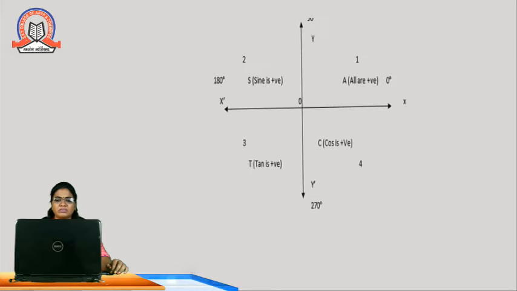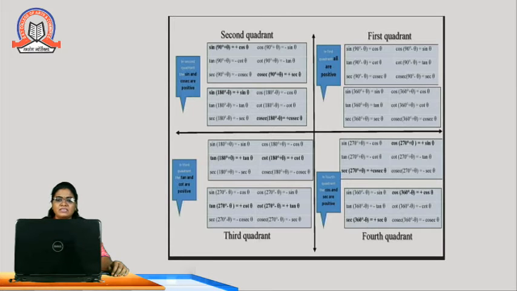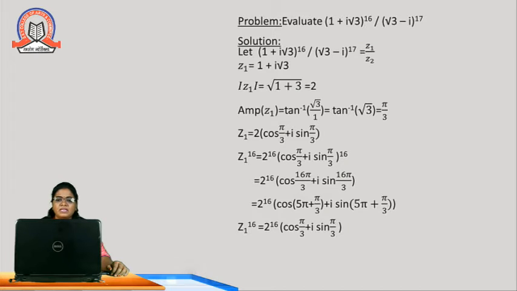Using this we are going to see the problem, and also another basic idea of the "all silver tea cup" rule using the quadrant, how we want to write 90 plus theta, 90 minus theta. These are the table of that. In the first quadrant sin 90 minus theta is cos theta, in the second quadrant sin 90 plus theta equal to cos theta. Similarly we are writing. Now using these ideas we are evaluating this problem.